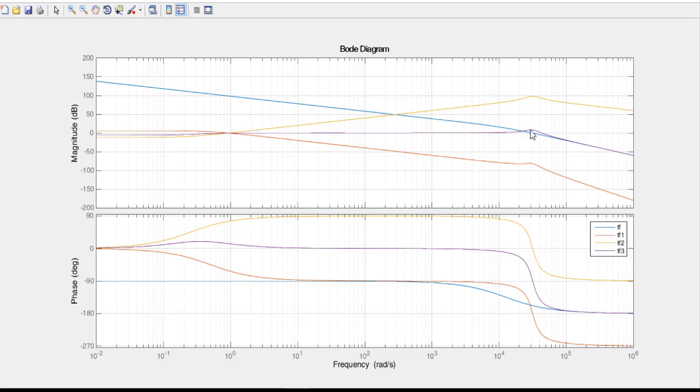So when we have a pole, the Bode plot dips down, and when you have a zero, the Bode plot dips up. When you have both zeros and a pole, it goes to the middle path. So you can have a comparative idea of how the introduction of poles and zeros affects the Bode plot.